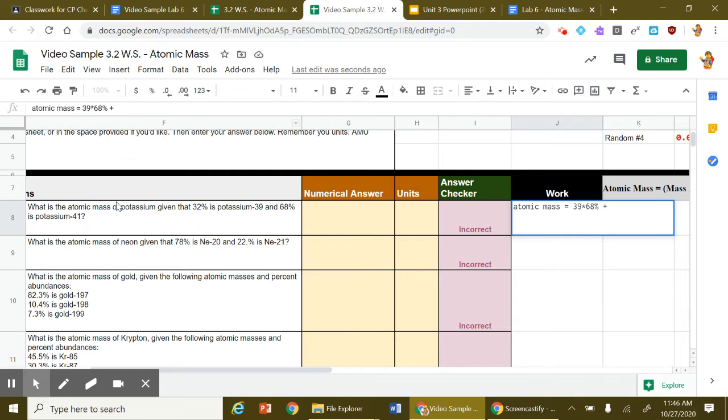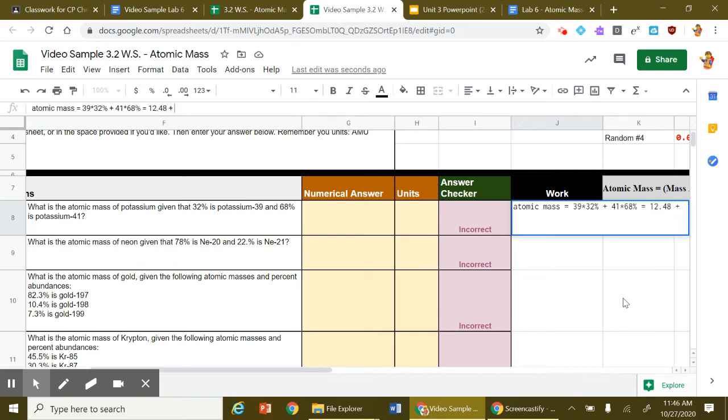Oh, wait a second. Nope, I messed up. Potassium 39 is 32%. All right, I got to read carefully. It's potassium 41 that is 68%. So 41 times 68%. Okay, what does that equal? Well, I'm going to plug it into my calculator here. So 39 times 32%, and I'm going to use the percent button on my calculator, or you could just do 0.32. So that equals